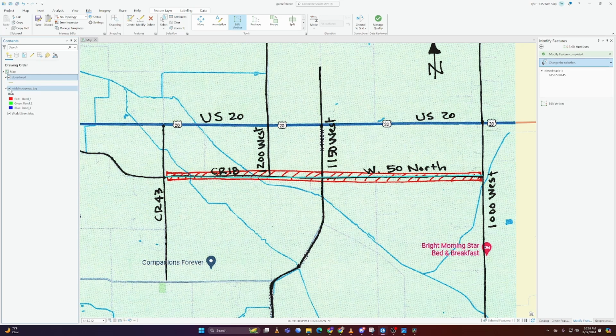So now we've created a thing with lines, but let's say then our boss comes back and he says, hey, I also need you to put down where Companions Forever is at. We need to show that on this road closure map because it's really important. Same thing with the Bright Morning Star bed and breakfast. We need both of these things because they're heavily impacted by the road closure, whatever. Well, we're gonna have a problem